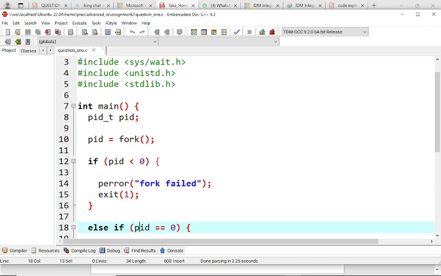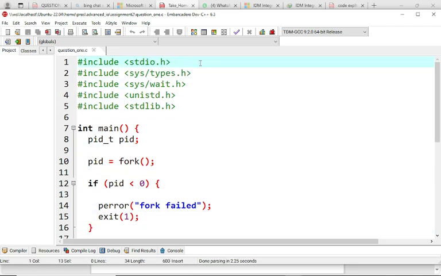The first line is a preprocessor directive that includes stdio.h, which defines functions like printf and perror. Then sys/types.h specifically defines data types for system calls, such as pid_t for process identifiers. Then sys/wait.h